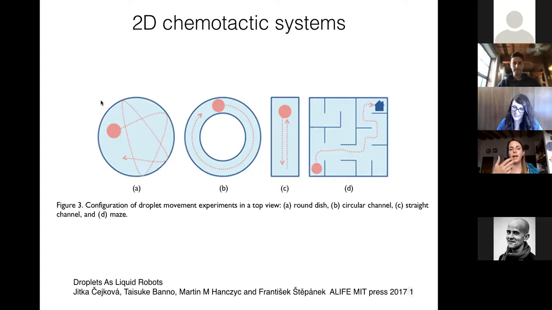by thinking of humans or animals. So, for example, the droplets can move in a circular environment, in a 2D environment, and they can move back and forward, but even in a maze. So we could say that droplets are somehow intelligent because they can find, without knowing their end point, the way to go home, as the figure shows us.